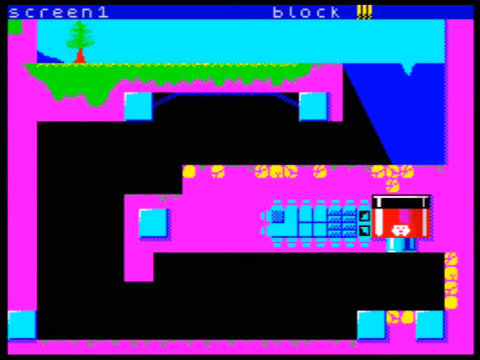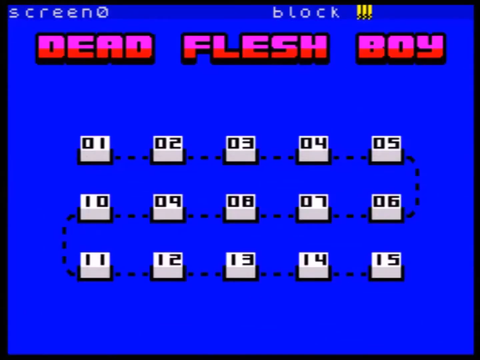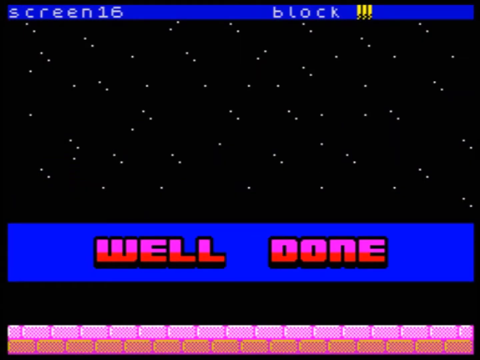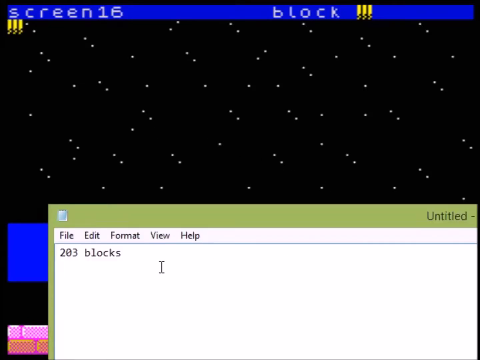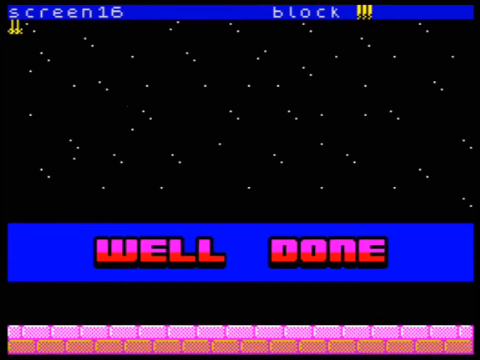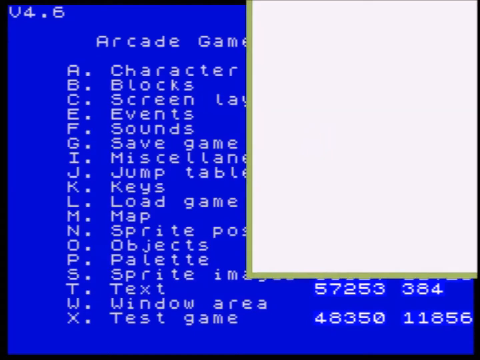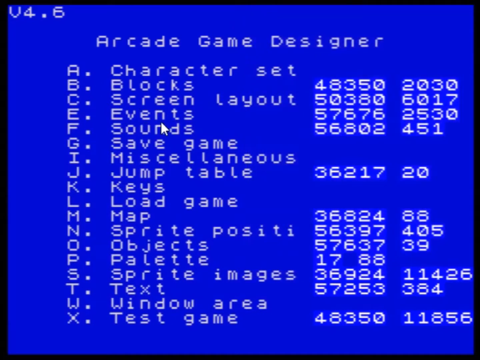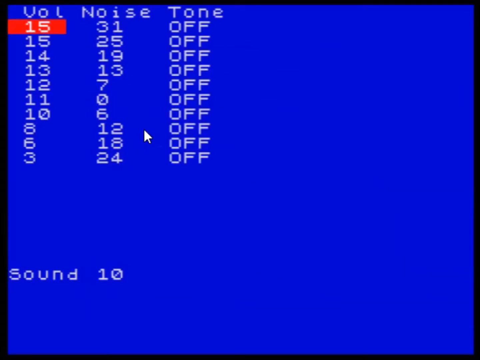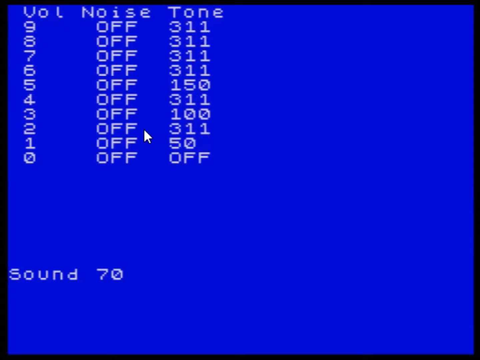Now let's check how many screens we've got. And we can see here there are 17 screens in total. Okay, so we'll write that down. And there are also 10 sounds. So I'll write that down as well. Just a second. I've already checked this, but just double check. There you go. So it's actually 11 sounds, not 10. So okay, we need to make 11